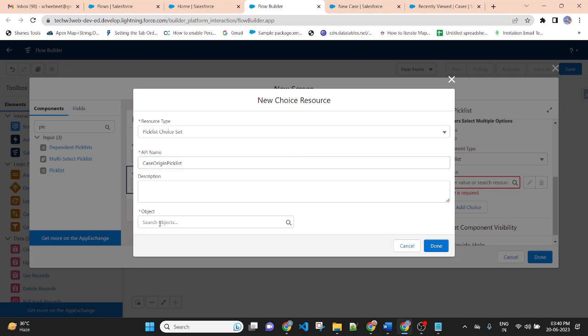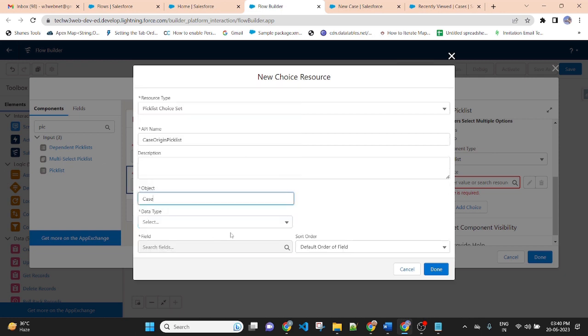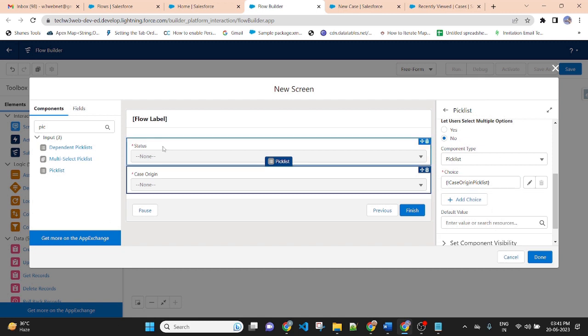Picklist object name will be case, because the picklist value is coming from case. Data type picklist and field name will be case origin. Then done. So I created two fields and two choice sets. The choice sets are created because these picklist values come from the case object. Now done.